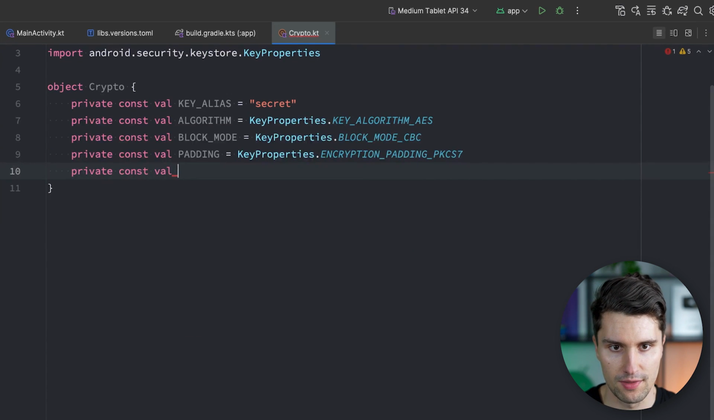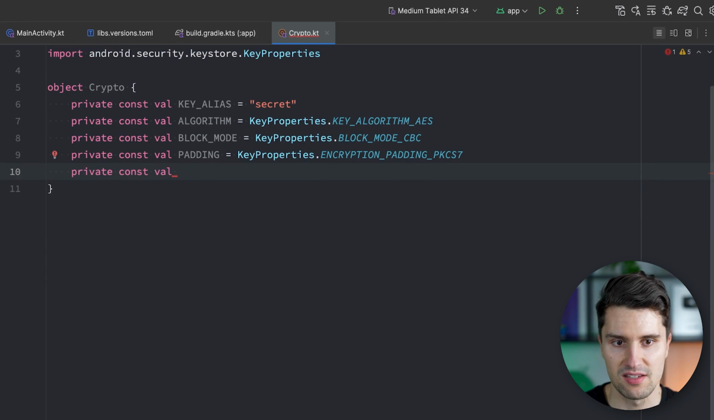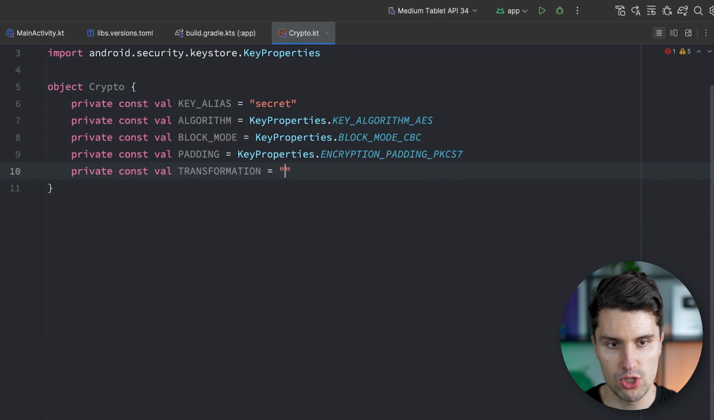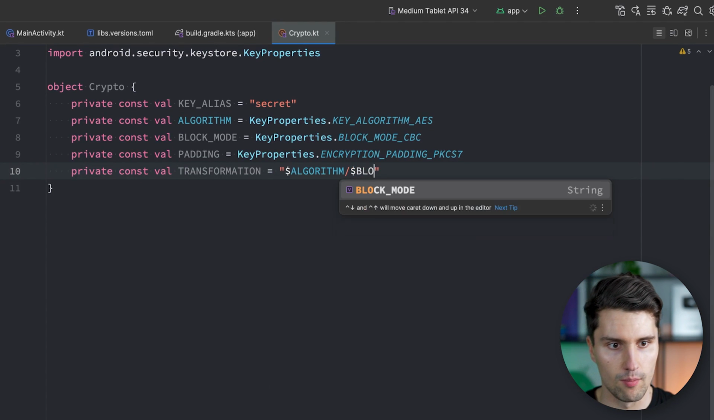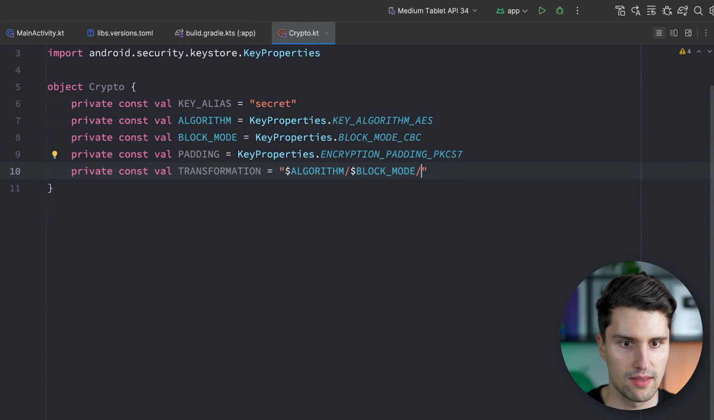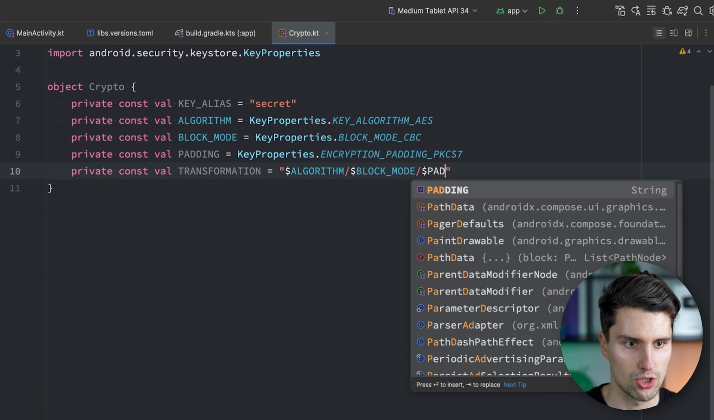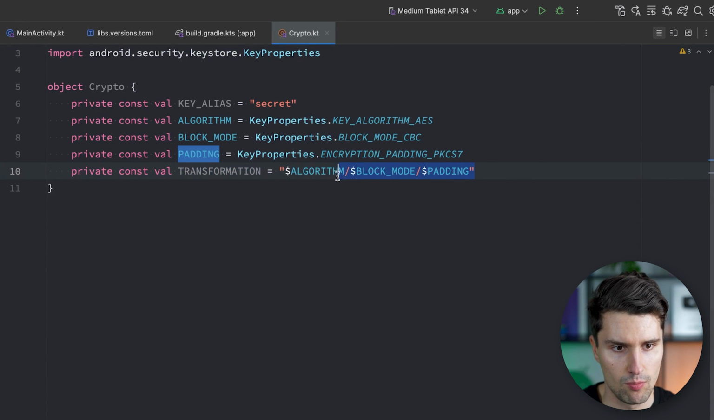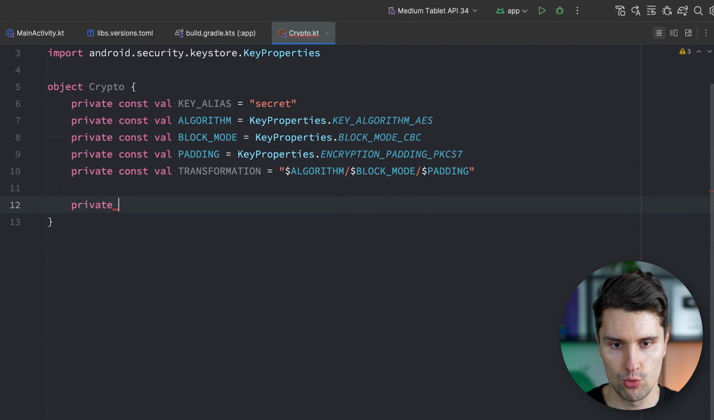That is just the format that the encryption classes here expect this in. So we call this a transformation, which is in the end just our algorithm together with the block mode and together with the padding, just with a / between these. And with this transformation, which now bundles our chosen cryptographic config, we can create a private val for our actual